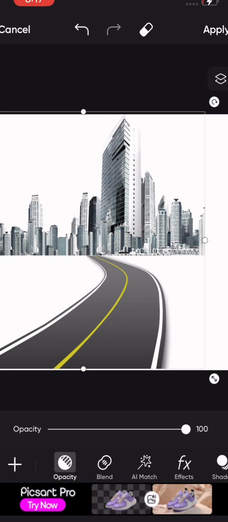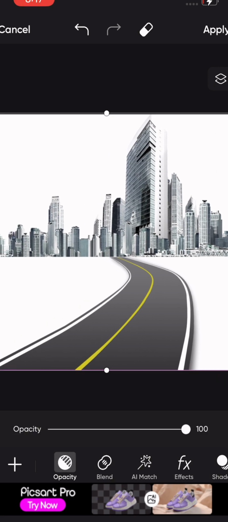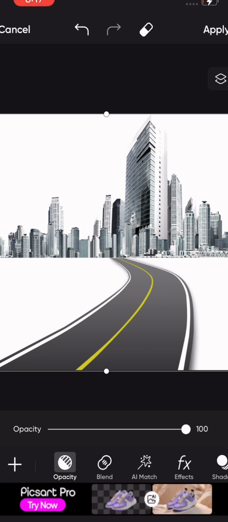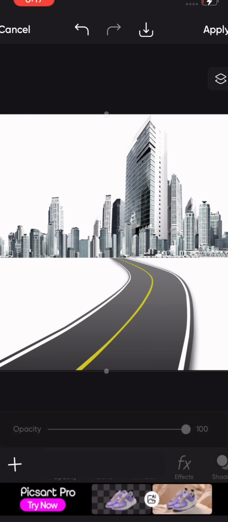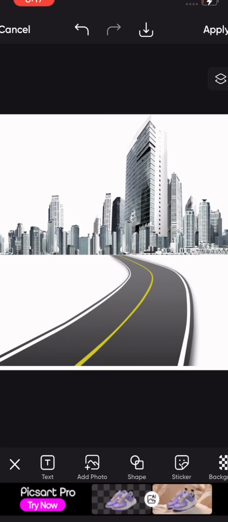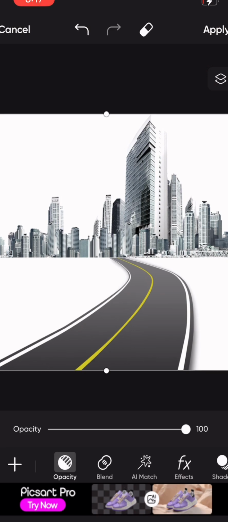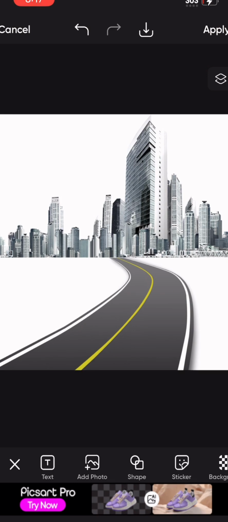Now you want to make sure that it is fitting inside of the ratio of the picture to give it that more professional look. You don't want it to be like half off like this. That's gonna look unprofessional. You feel me? Unless you put in a shadow to cover that little blank spot. But now that we got our city,